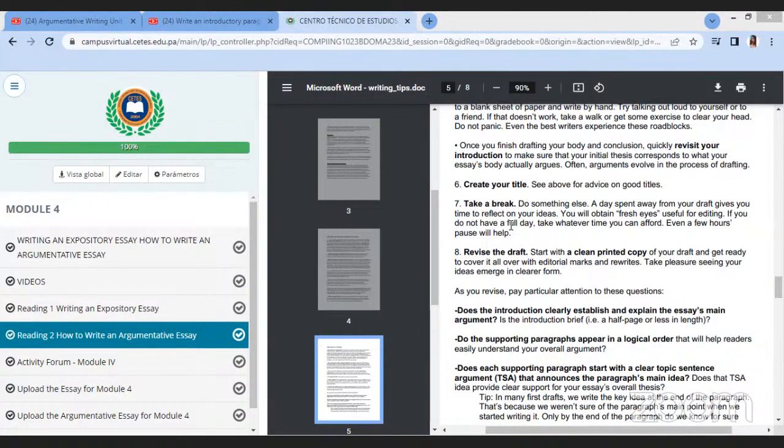So regular breaks restore peak productivity for the argumentative essayist. Okay? And our last point is